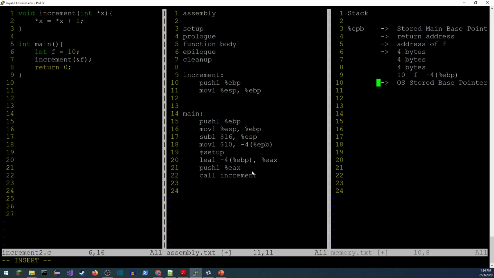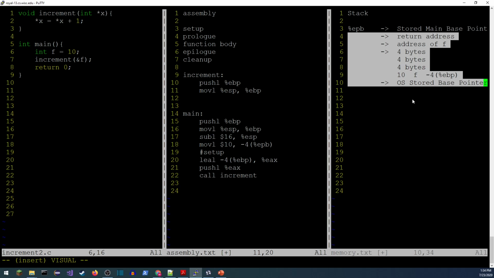Formatting there. All right, looking good. Okay, so after we've executed this line, this has prepared the next stack frame. So beginning in line 3 and above, all of those, that's going to be the frame for the increment function. Everything below this, 4 through 10, is the stack frame for main.